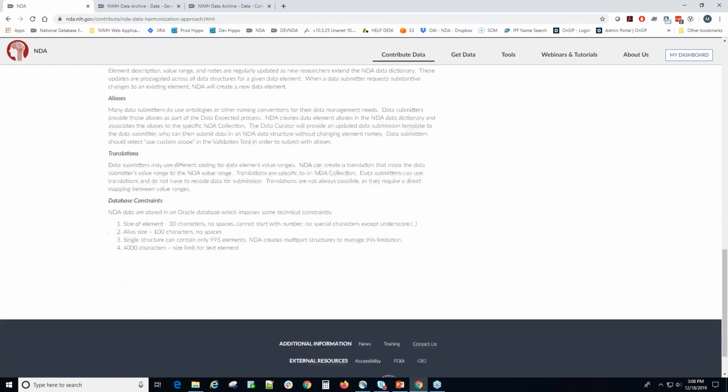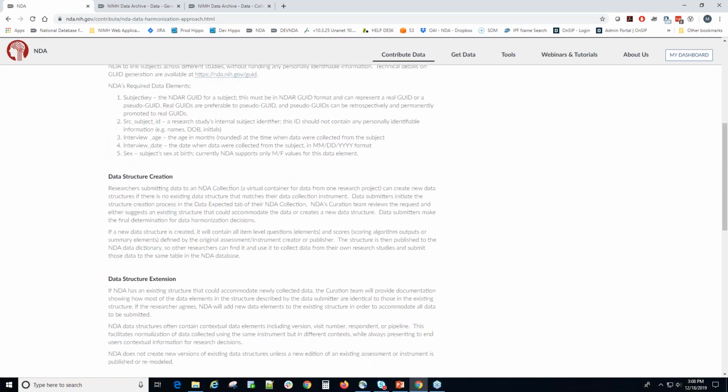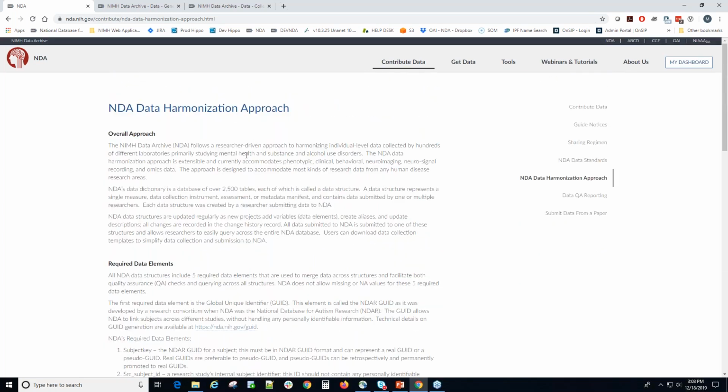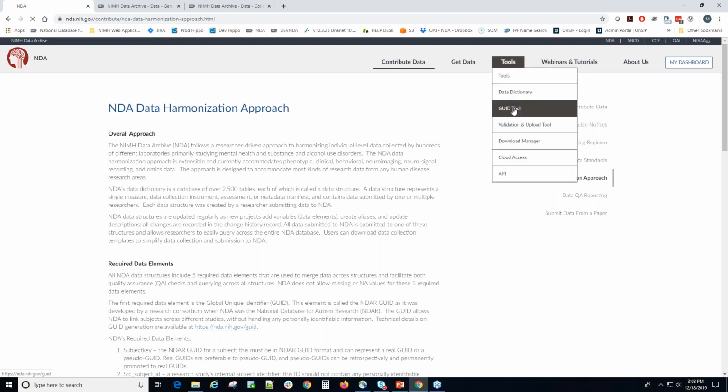This covers a lot of what I'll be going over today in terms of what goes back and forth between members of your project and our data dictionary curators. I would highlight this section overall as a good resource for information on data submission in general, and these two pages in particular as good resources for information on specifically the data harmonization piece of submission. Now, with that said, let's move over to the website and take a look at the GUID